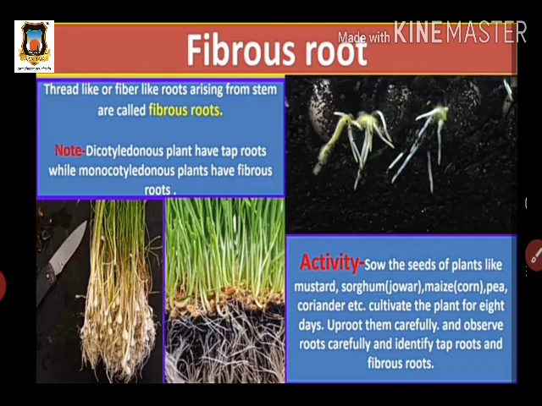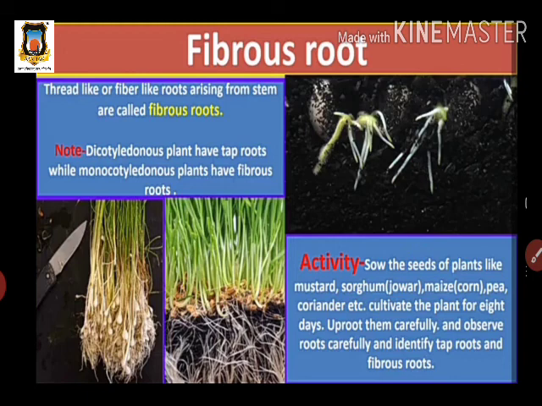Okay, these plants. So also we see that dicotyledonous plants have tap roots, while monocotyledon plants have fibrous roots. In the last section we saw which plants are called dicotyledon and which plants are called monocotyledon. First understand and remember this thing: the dicotyledonous plant has a tap root and the monocotyledonous plant has fibrous roots. So here we see the onion having such type of roots, that is the fibrous roots, so it is a monocotyledonous plant.